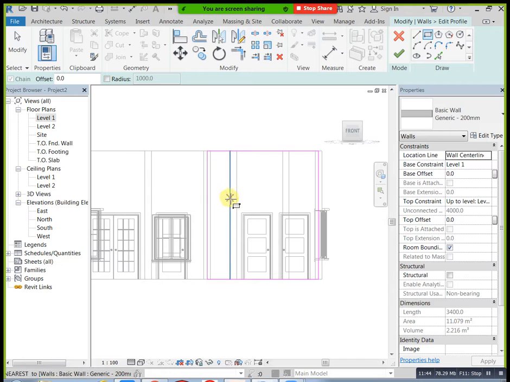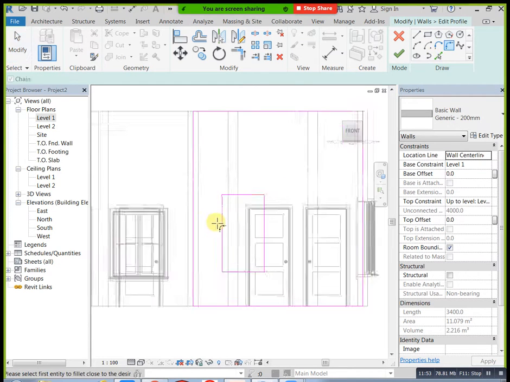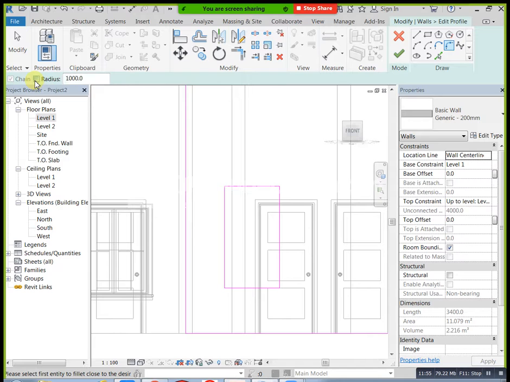Okay, if you need any fillets, you can select this one, radius just 300. Okay, now finish. Just go now to 3D.